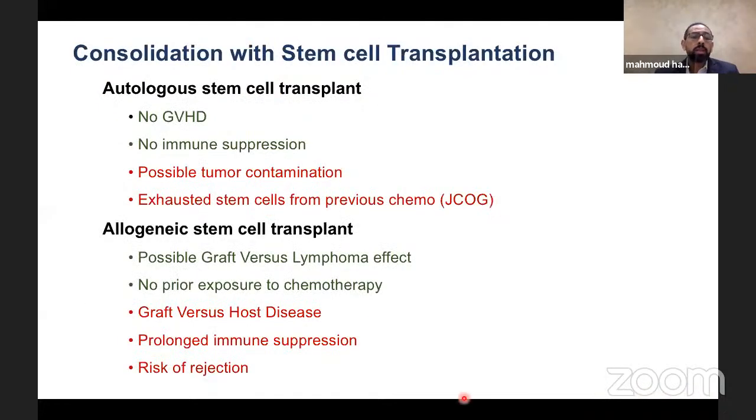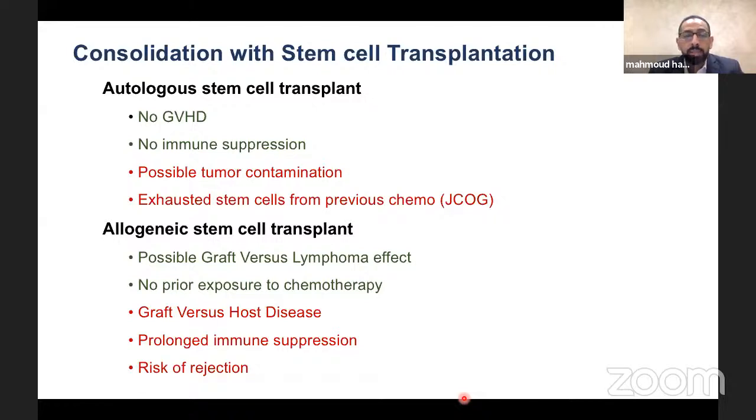Consolidating patients with stem cell transplant is also essential to achieve a good outcome. Our options include autologous transplant, which has the privilege of no GVHD and no immune suppression, but there is still possible tumor contamination, especially in patients with advanced stages or infiltration of bone marrow, and exhaustion of stem cells from prior intensive chemotherapy also affects the